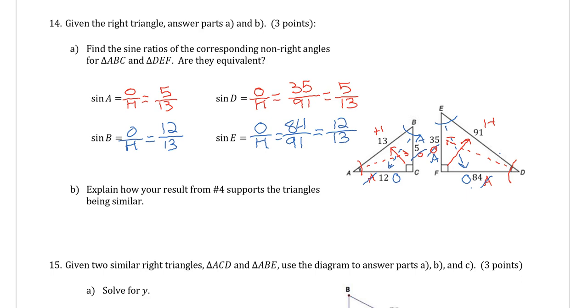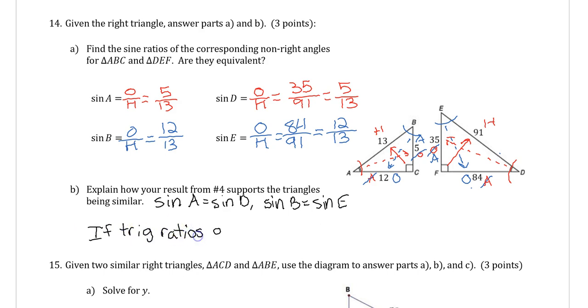So then, B, explain how your results from number 4 support the triangles being similar. Okay. So I do have sine of A equals sine of D. And then sine of B equals sine of E. So if trig ratios are equal, triangles are similar,